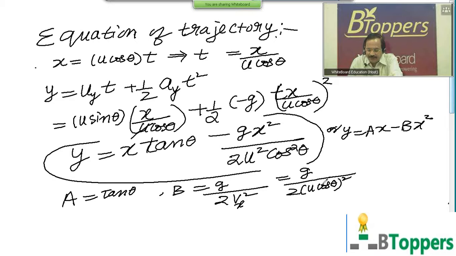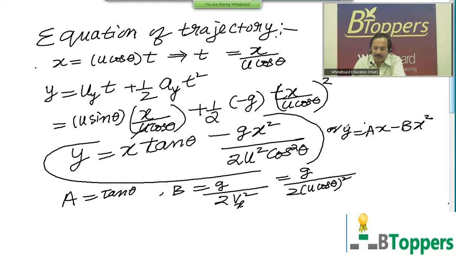The acceleration due to gravity is a constant at a given place. The horizontal component of velocity of the projectile remains constant during the entire motion under the influence of gravity. Therefore, capital A and capital B can be treated as constants during the motion under the influence of gravity, for a given projectile. So the equation y equal to ax minus bx square represents the equation of a parabola in the xy plane.